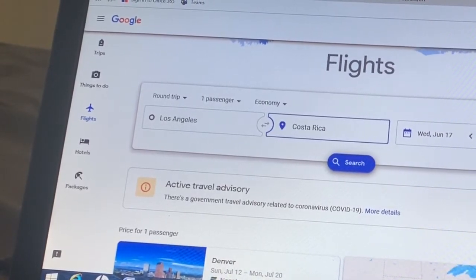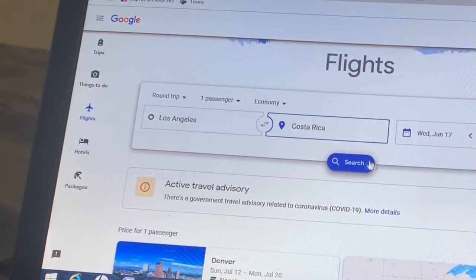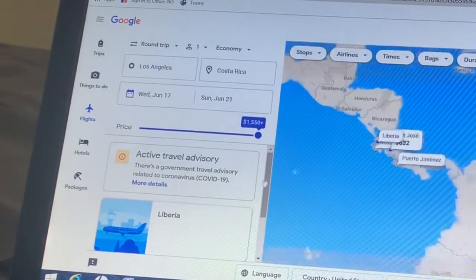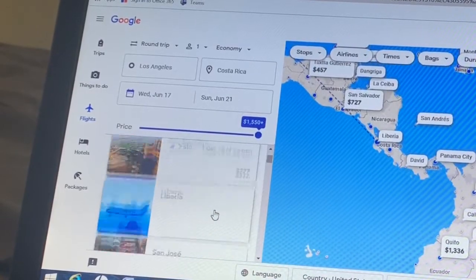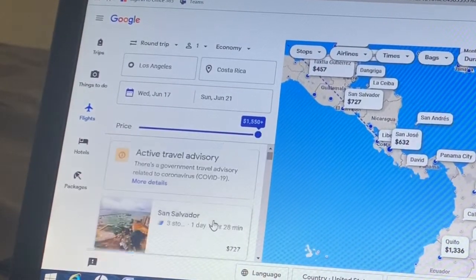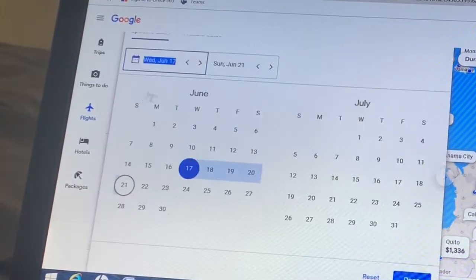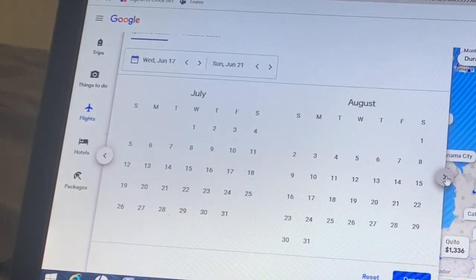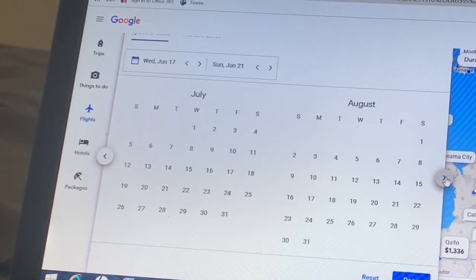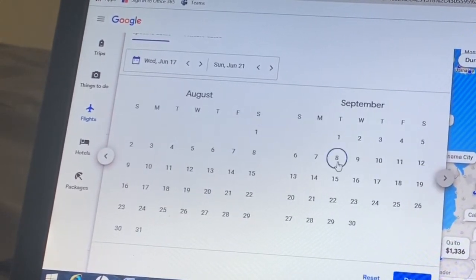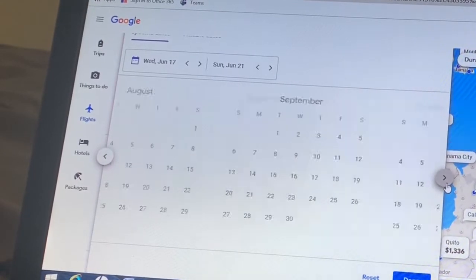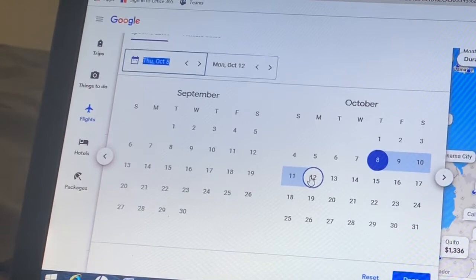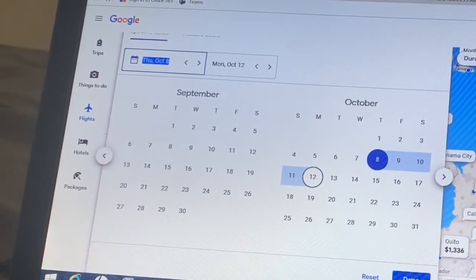These dates obviously are not the ones that I'm gonna come, but if you just wanna know average price, just click yes, and then you'll get the places famous in that country. One of the tips is to buy flights 3 months in advance. With all this COVID happening, I definitely recommend not to fly out in 3 months. So I'm gonna look into October, just a random 5-day trip to Costa Rica.